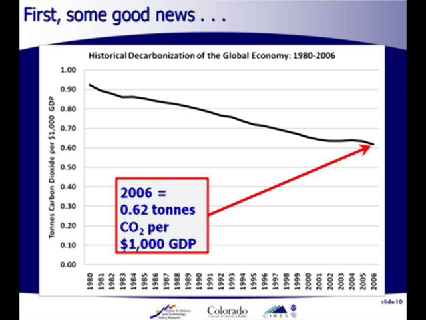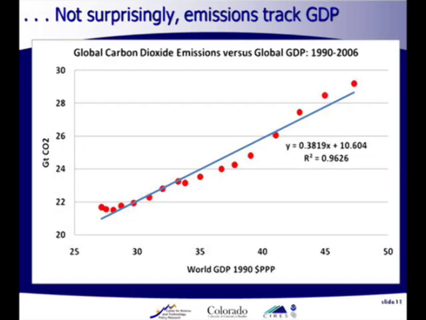So here's that 0.62 tons of CO2 per $1,000 GDP in 2006. Now, this graph simply shows a scatter plot of GDP and CO2. And if you had thought that the world is breaking this connection through policies, the answer is that the world is not. This relationship isn't one-to-one, but it's pretty close to one-to-one. Our global economy runs on fossil fuels that emit carbon dioxide. That's an annoying reality, to use the term from